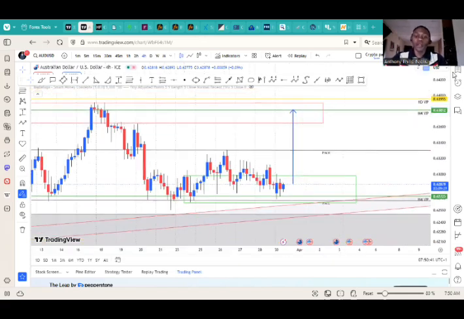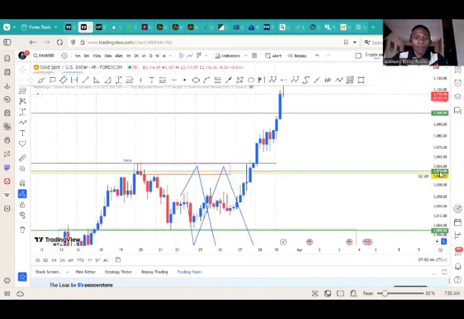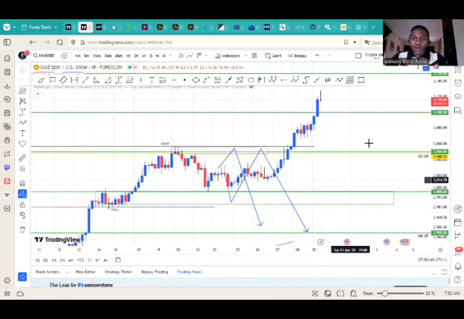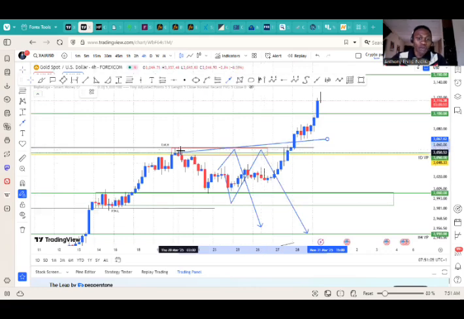Okay, so that's it. Then the next on the list is XAUUSD. Our bias for XAUUSD was this. The market was here on Monday. It was exactly on Monday when it went down. We took the XAUUSD, we expect it to go down. After it goes down, let it go up to this supply zone because this was the all-time high as at then,